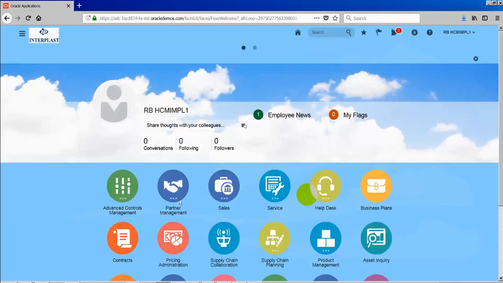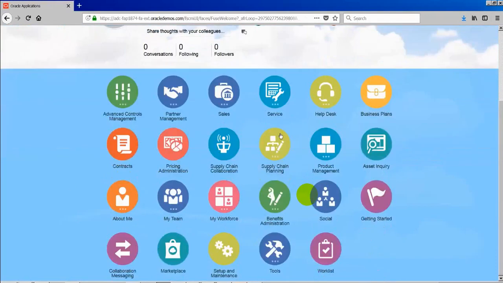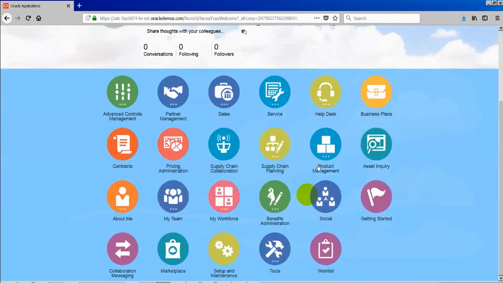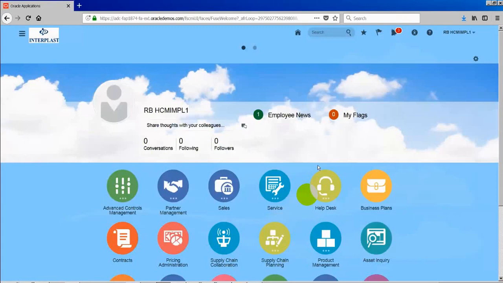What this implementation user will do is go ahead, create enterprise structures, go into the functional setup manager and create the foundation. Foundation is created. Once the foundation is created, what they have to do next is create the functional users who will do the real implementation. Before creating a functional user, as I said, the functional user should be associated to a human being.